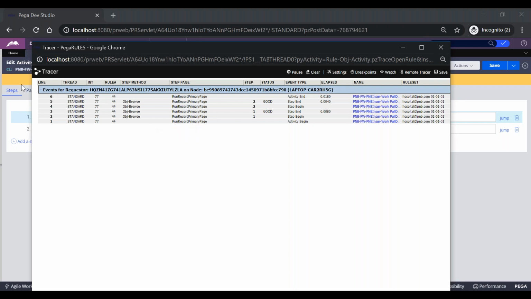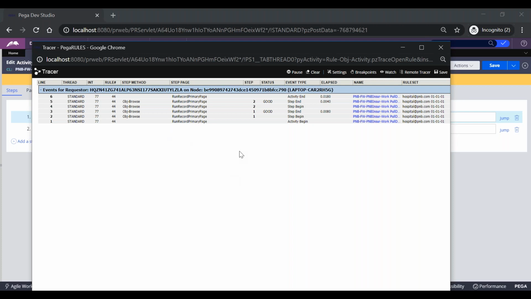Suppose I run this activity for integrations. For integrations, the primary page will be my service page, and this activity will use that service page as the primary page. Similarly, for parameters we have discussed, if I want to use any parameter, there should be one primary page called param, and the run record primary page for the activities.